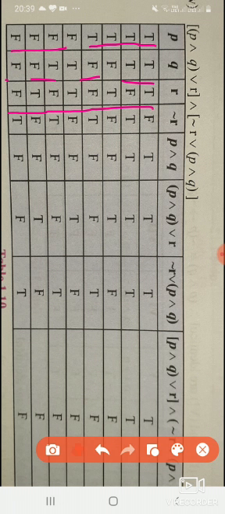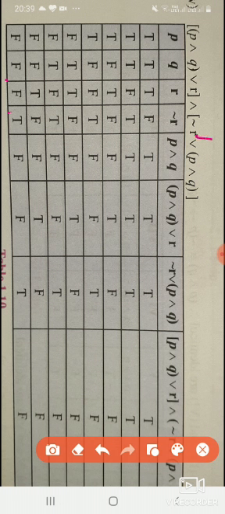Now, in this one, you will get all the 8 possibilities. All the 8 possibilities you will get. Then the rest of everything is done by using the table. Now, first we will see the statement.